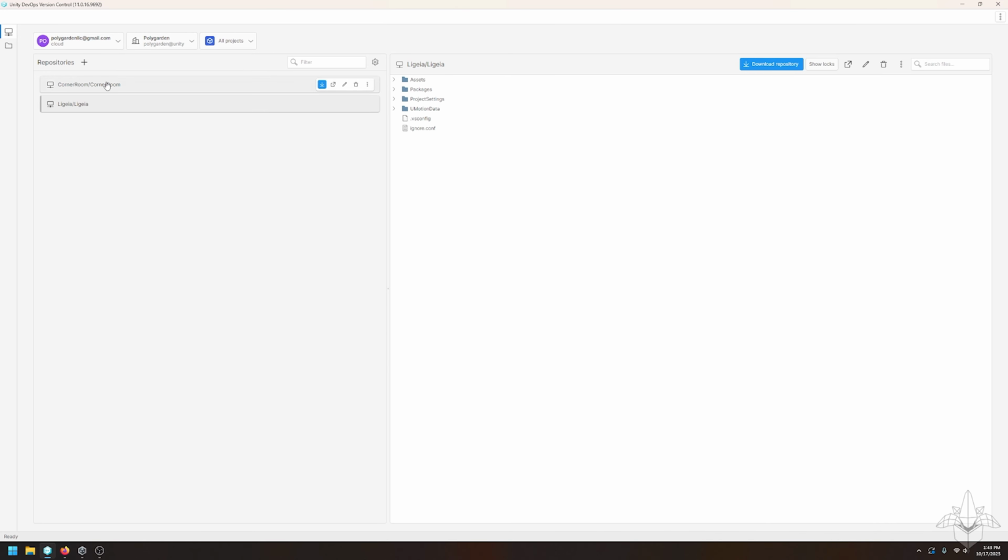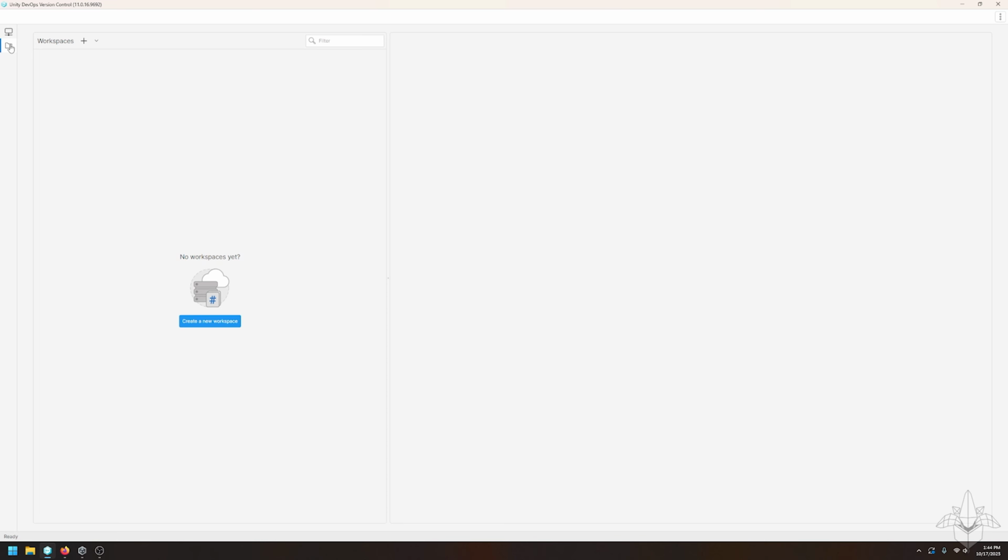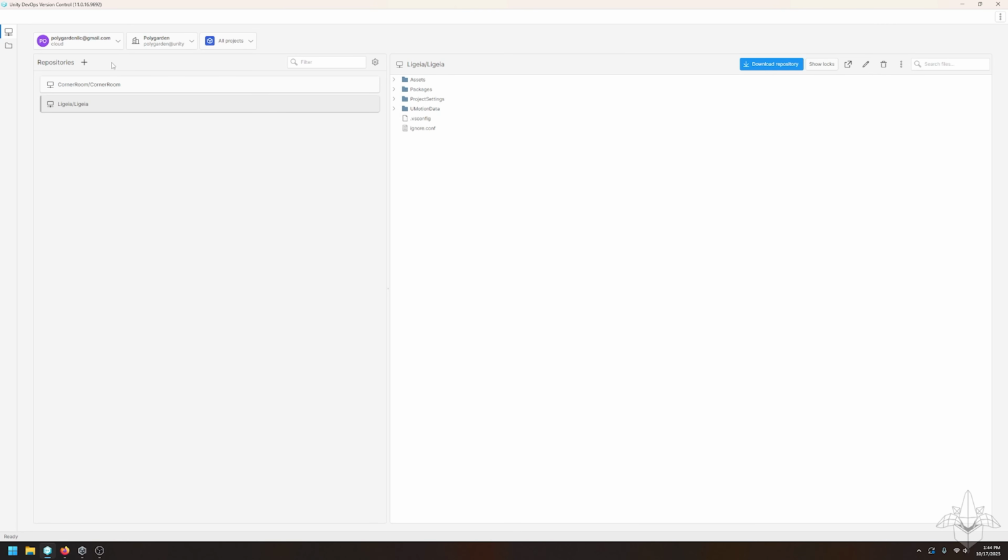signed in. When you sign in, you'll have an area for repositories and workspaces, or just workspaces. I'm just going to work in this repositories area, and I do want to add a new repository. You don't want to add a repository until you have a project to actually add to it. I prefer to create my starter project first and then add the